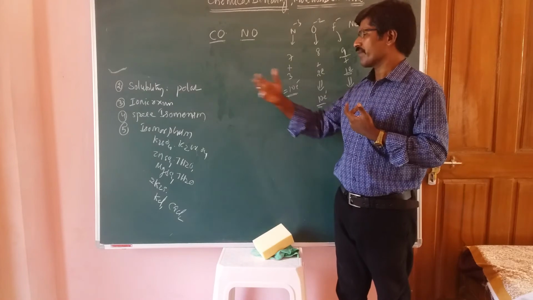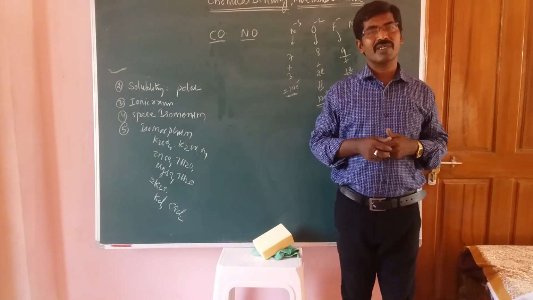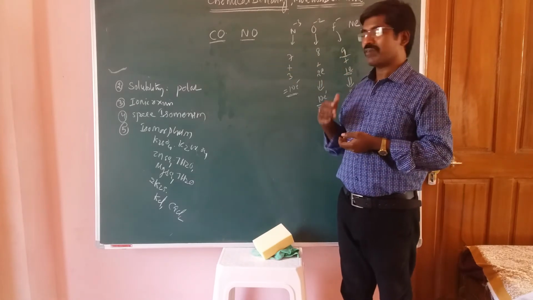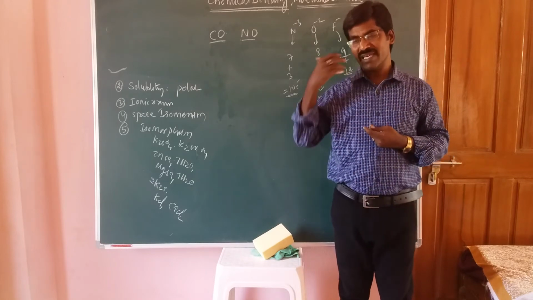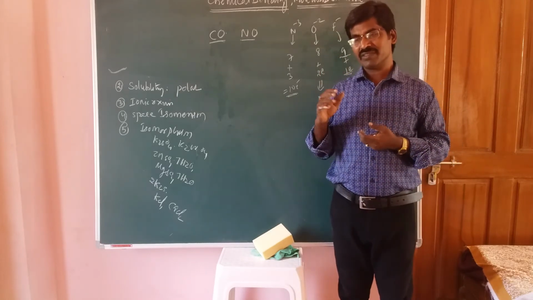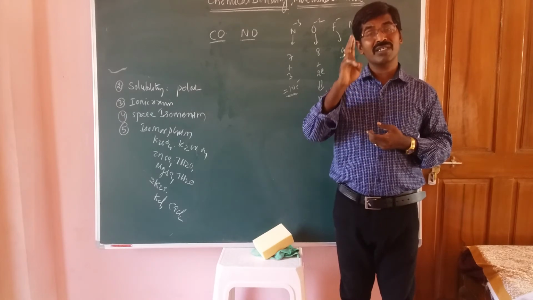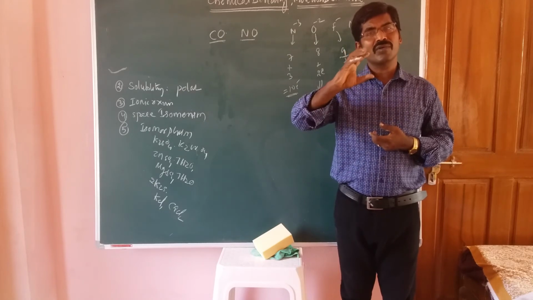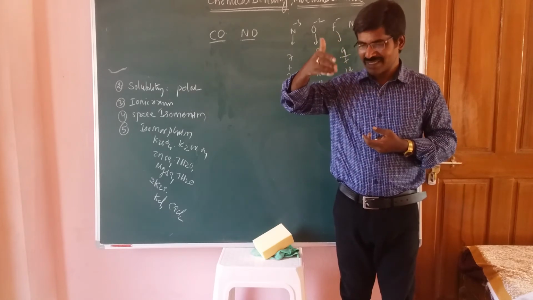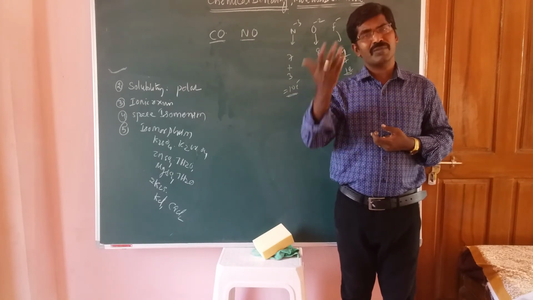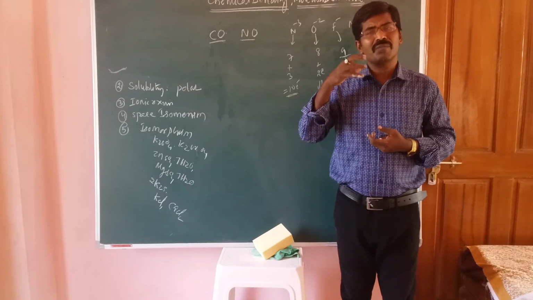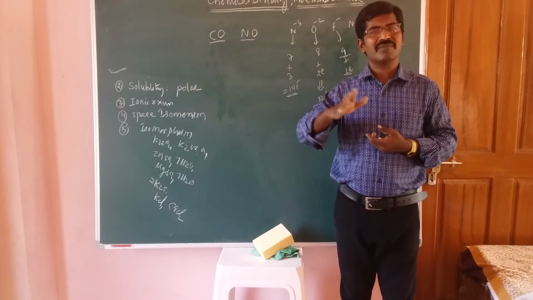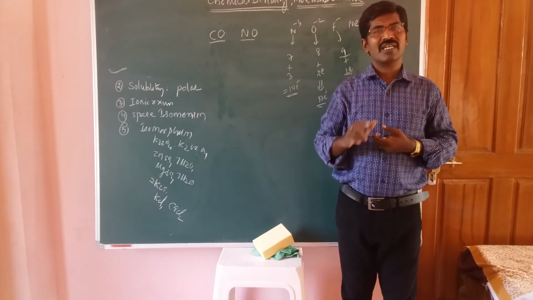Now these are the characteristic properties of ionic compounds. The first one is crystalline nature, next non-directional bonds. Ionic compounds have non-directional bonds, and in crystalline compounds you study the coordination number also. Coordination number means the number of atoms bonded to the central atom, the number of atoms attached to that central atom.